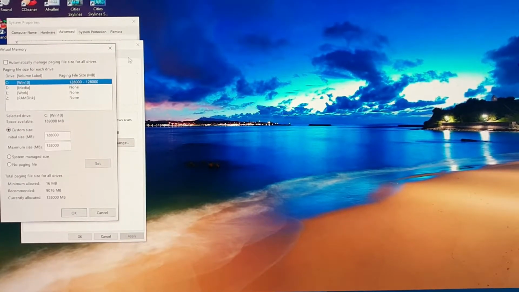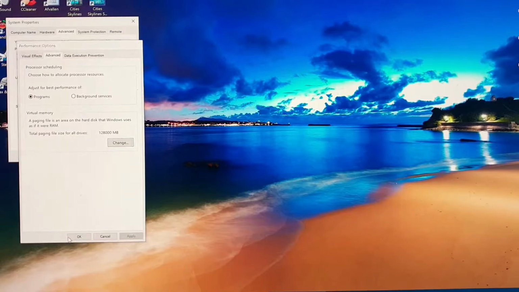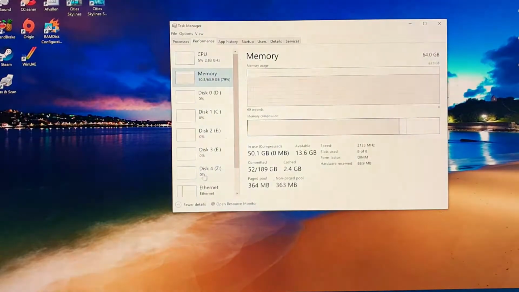What I'm going to do now, without actually removing a DIMM from my computer because I don't want to, is boot up with a page file of 128 GB. And I also installed Data RAM disk. I created a RAM disk of 48 GB. That means that if you go to Task Manager and look at memory, there is now only 13.6